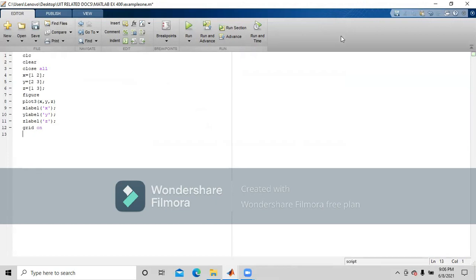Okay, so let me just type another program, a bit more complex. So it's linspace, we'll take 0 comma 6 times pi and 30. x is equal to, say, 3 cos of this t.